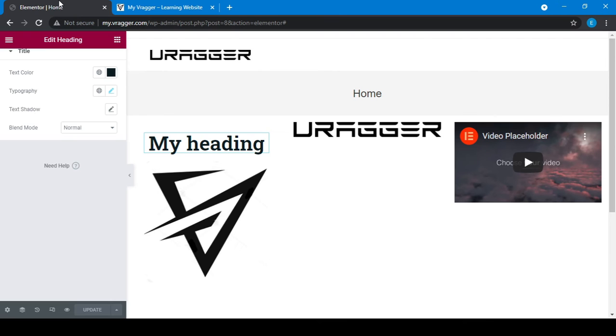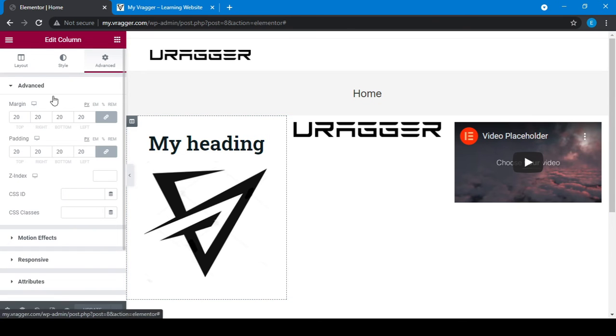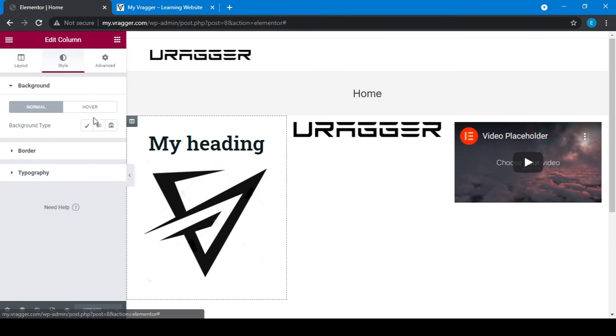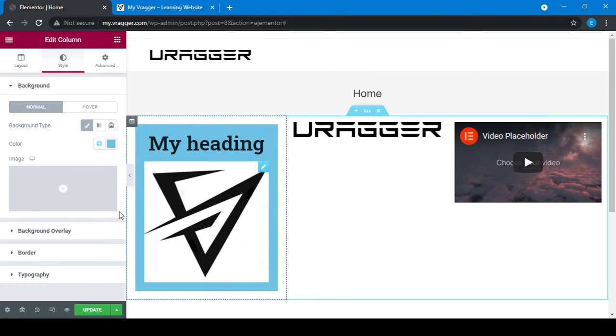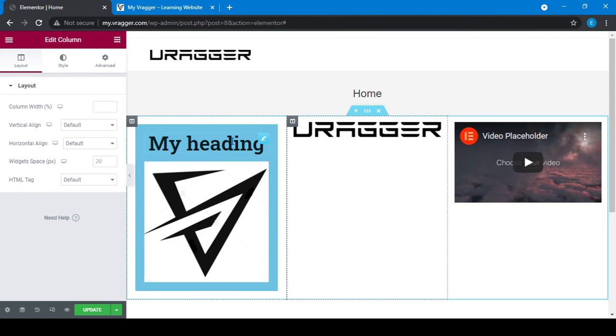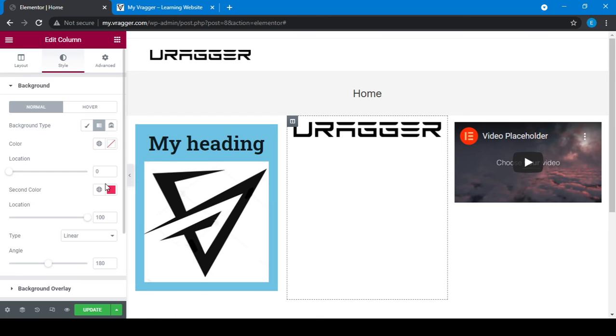Now what I can do, if I want a background color in this section, the background type can be classic, gradient, and slides also. If I go to classic and choose a color, let me do that. If I choose the background as a gradient, it will be a mixture of two colors.